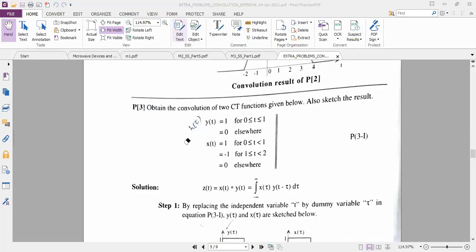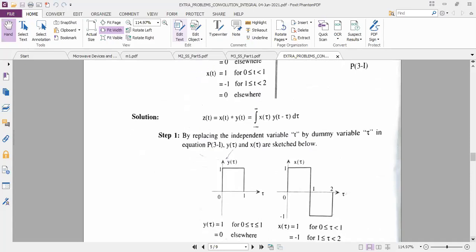So since x of t is equal to 1 and minus 1, you can see the waveform here. So far in all the earlier problems, we could see the signal having the amplitude of plus 1, and only in this problem we are seeing the combinations like plus 1 and minus 1. So slightly we have to do some changes when we do the calculation. That means the amplitudes we have to consider minus 1 when we perform the calculation.